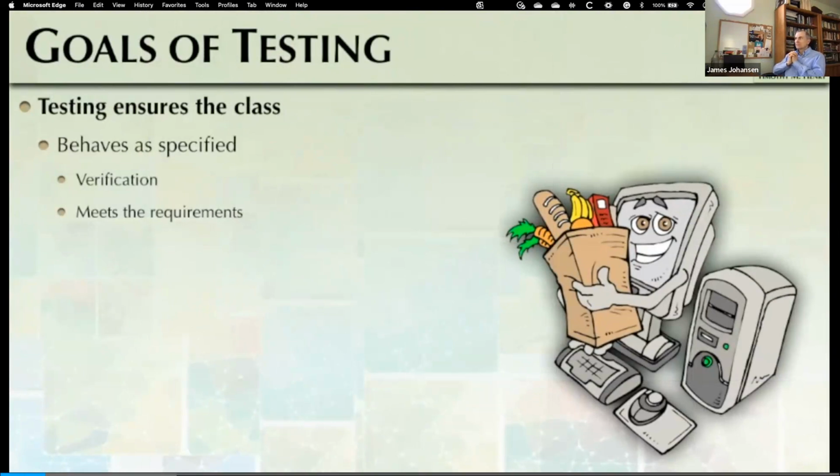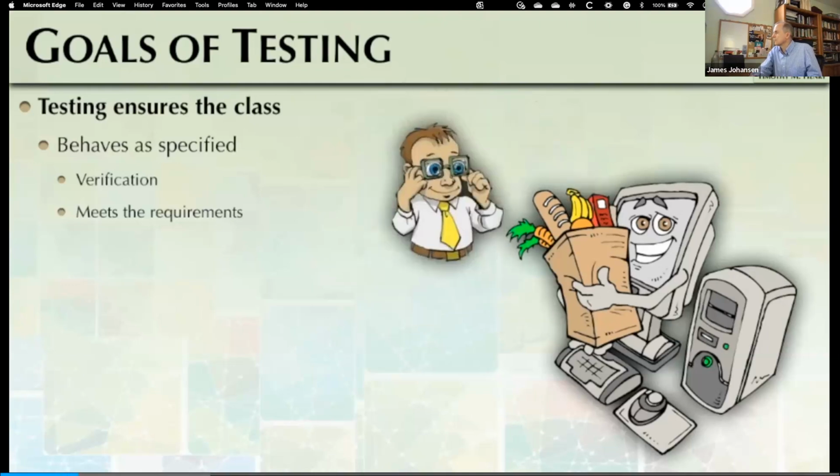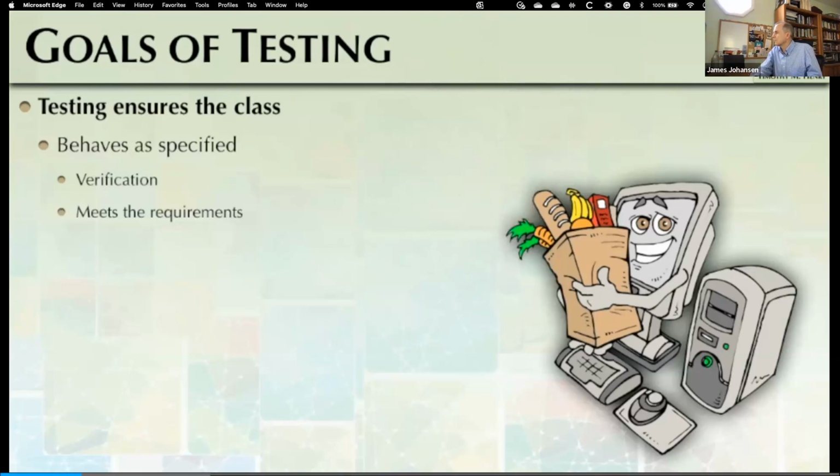This is called verification. The classes that we write are used along with many other classes to create a program, and each individual class has specific actions that it must perform so that the overall program runs correctly. If the class does not meet its requirements, other classes that use this class as a data member or client may fail to perform successfully also. So when an item is added to our collection, in this case, our bag interface implementation, we need to verify that the item was added. When a specific item is removed, we need to verify that the requested item is removed.